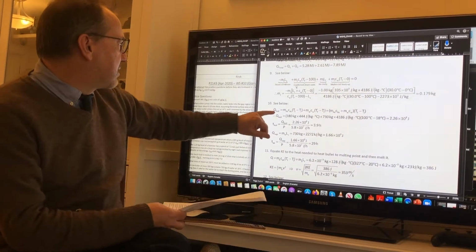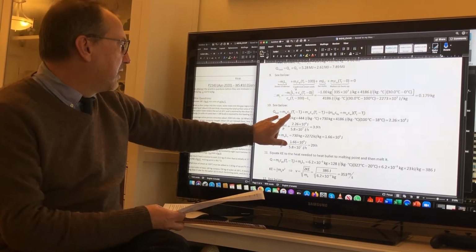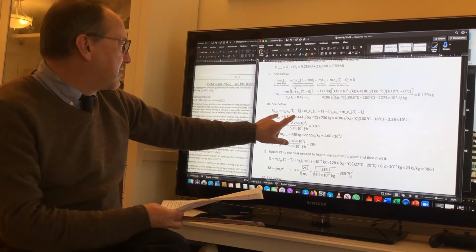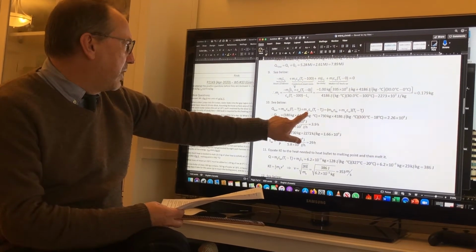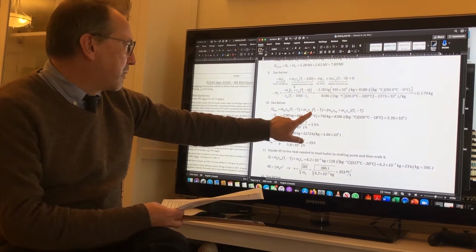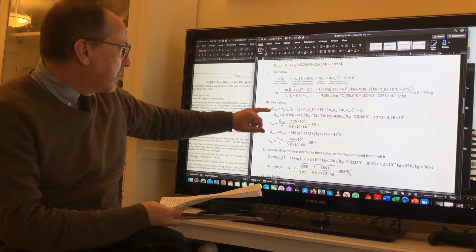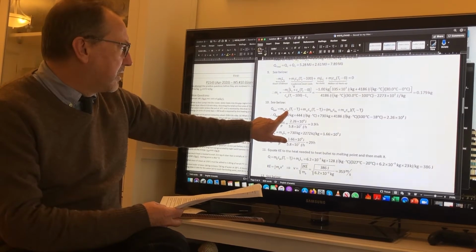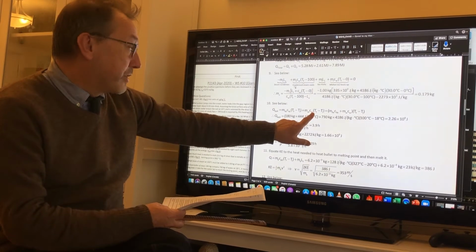So that's this bit here. The heat to heat the boiler up is the mass of the iron, the specific heat capacity of iron, Tf minus Ti, and then we have the mass of the water, heat capacity of the water, Tf minus Ti, right? So that's the heat needed to boil the water, and that's the heat needed to get the boiler itself, the iron in the boiler, up to that temperature, and the heat needed to get the water inside of the boiler